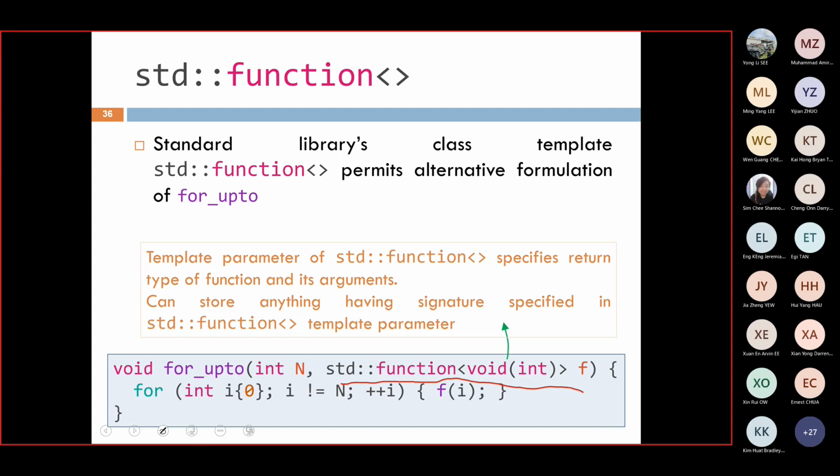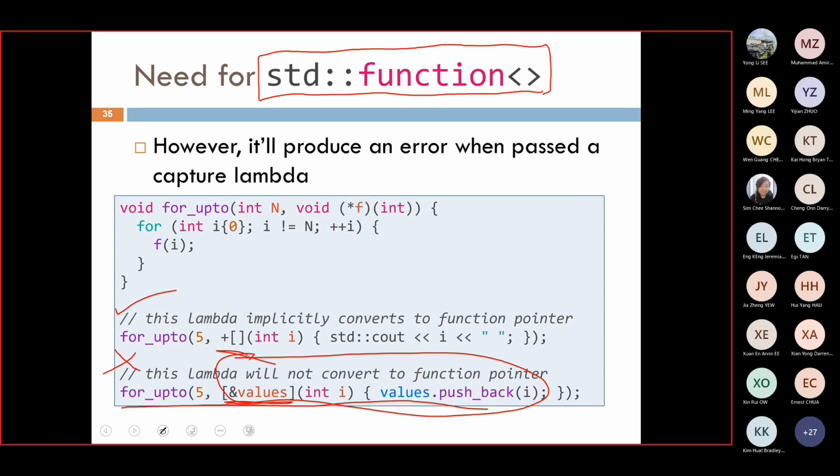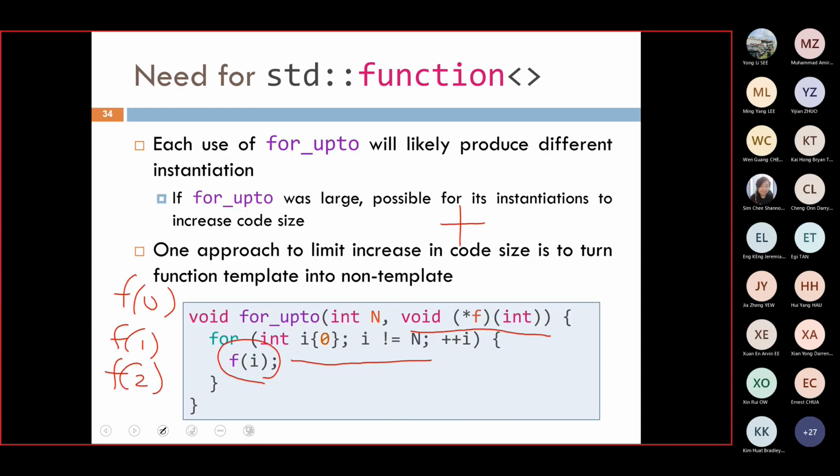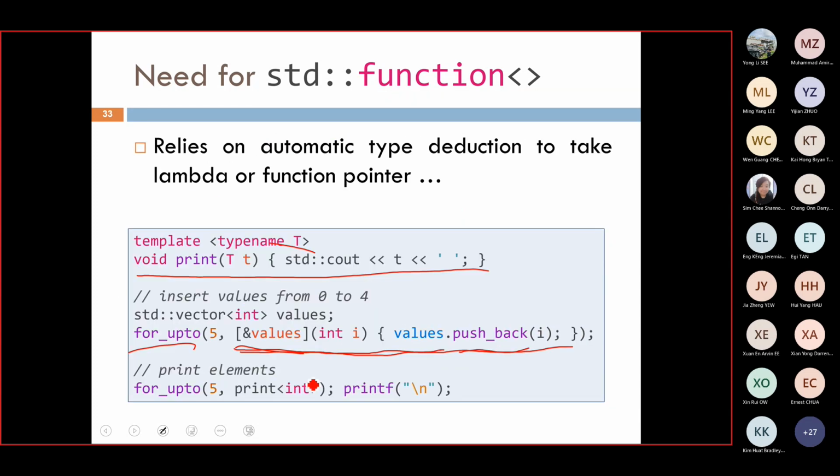It is actually internally implemented using runtime polymorphism, and it allows us to sort of be in between templates and inheritance based on virtual functions. So it's a wrapper. It is a wrapper that allows you to wrap this guy. It allows you to wrap this lambda. It allows you to wrap this particular function or pointer to a function. It allows you to even wrap